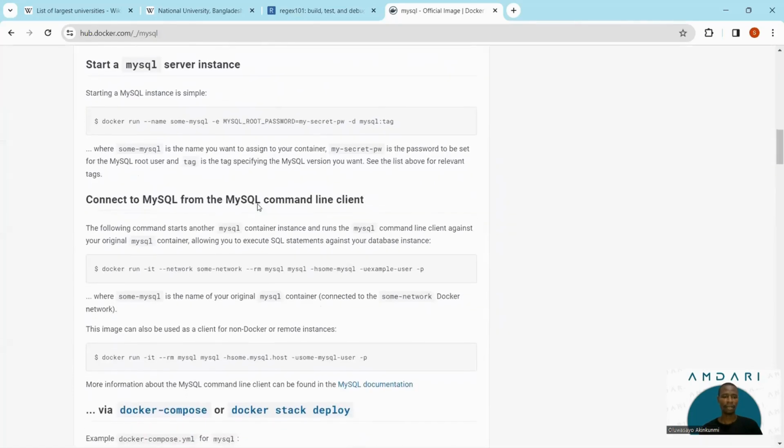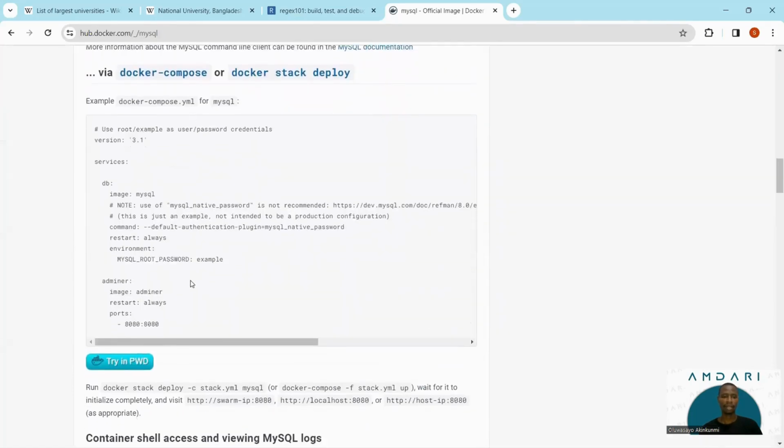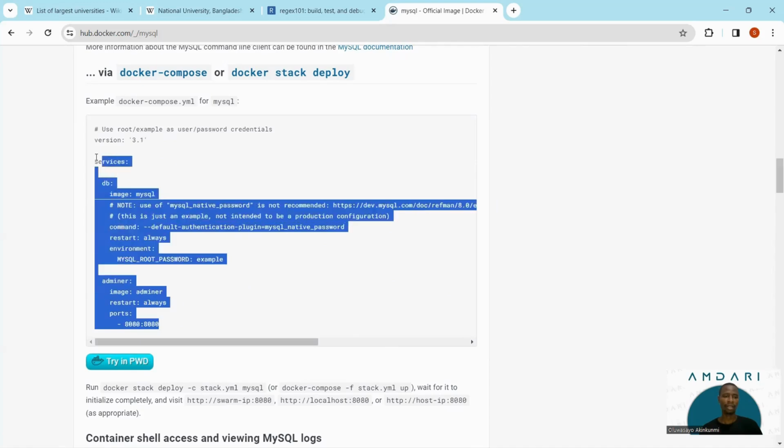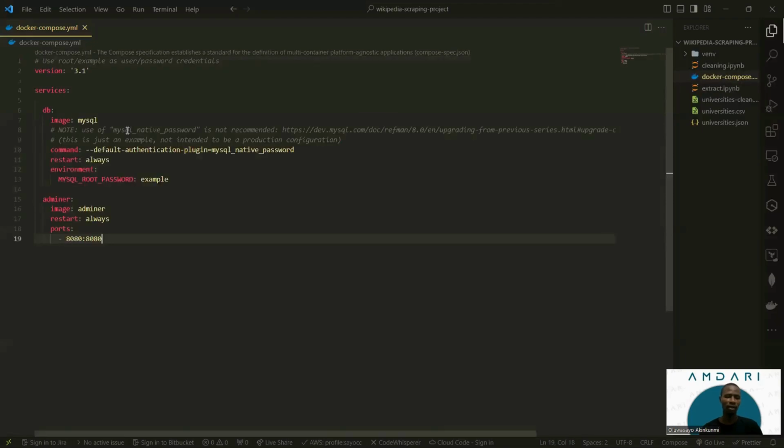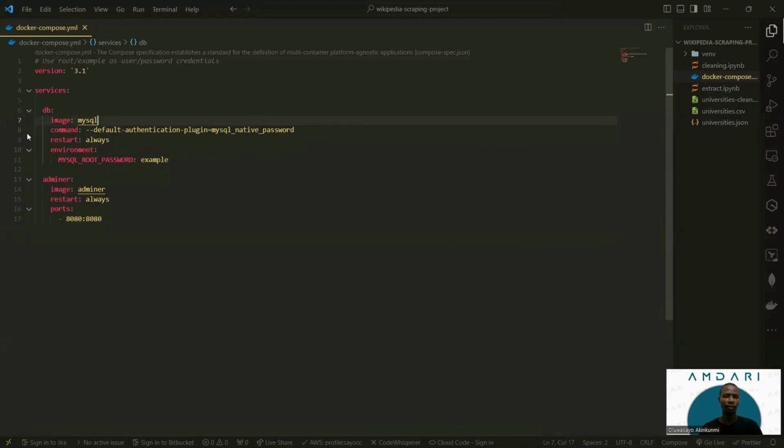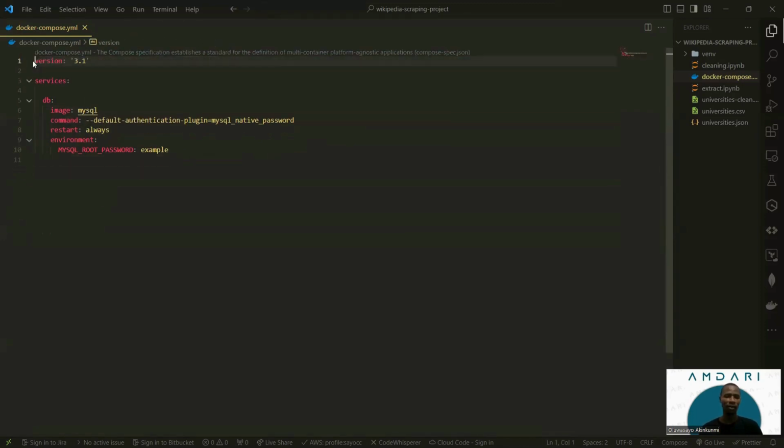So I just scroll down using the Docker Compose style, right? So we can see an example here to start up the MySQL Docker container using Docker Compose. So I'll just copy this, then move back to my VS Code and paste it right there, right? So I'll remove this and also remove this, right? So basically, this is a specification for the containers we want to create, and basically the settings we'd like to give the